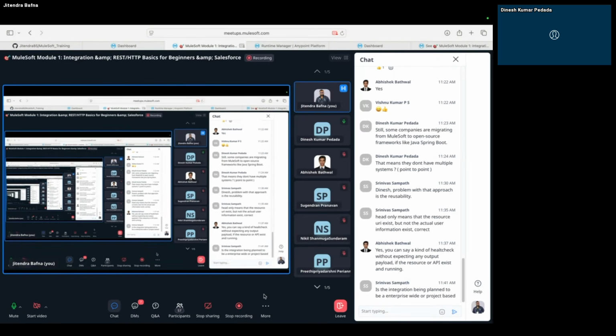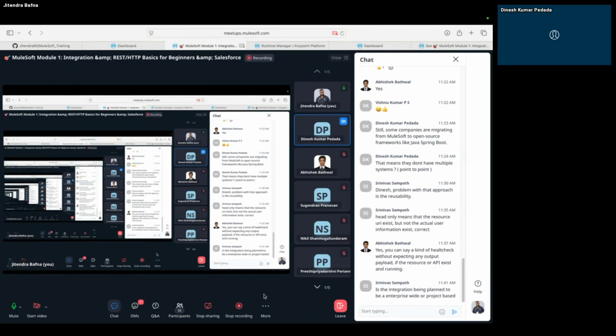Some organizations say we have to move completely to open source, right? So there are a lot of organizations taking that strategy. In that case, there might be a possibility that people move from MuleSoft to open source. But the other way around, some people are coming from other integration platforms to MuleSoft also. So that means Spring Boot is also acting like a kind of middleware, right? ESB, yeah, it is a kind of middleware only. Spring Boot is a middleware only.